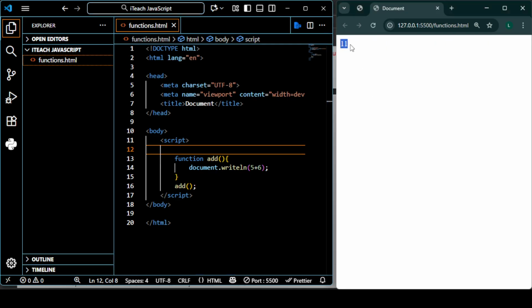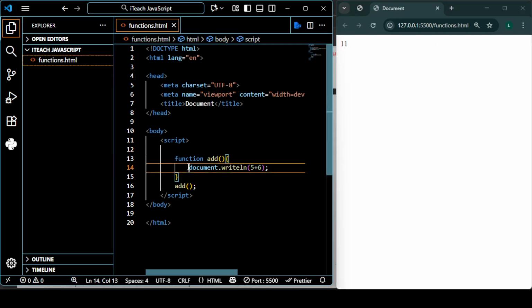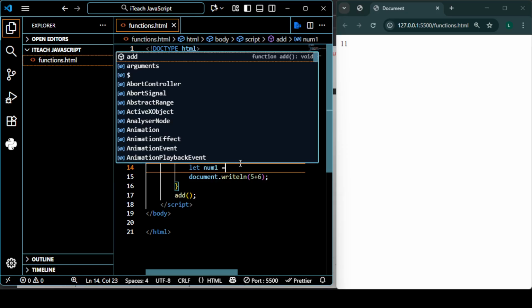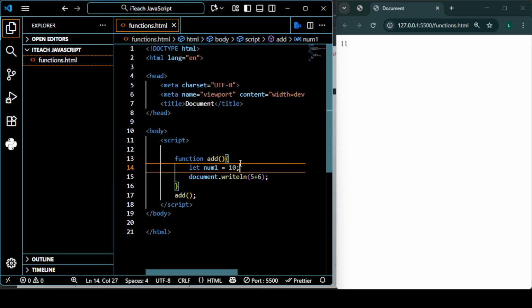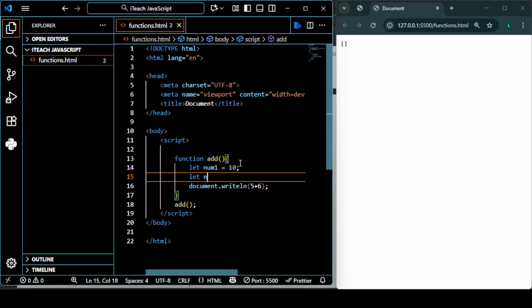So you see we have 11. Now we can also do this. You can also use a variable inside the function. You can say let num1 equal to 10, let num2 equal to 15. Then here,